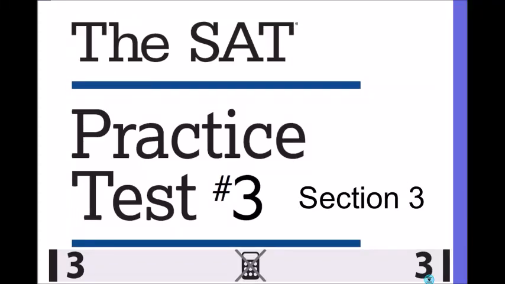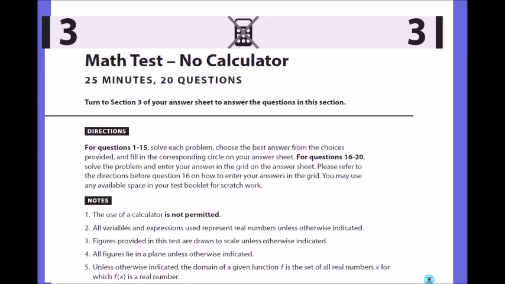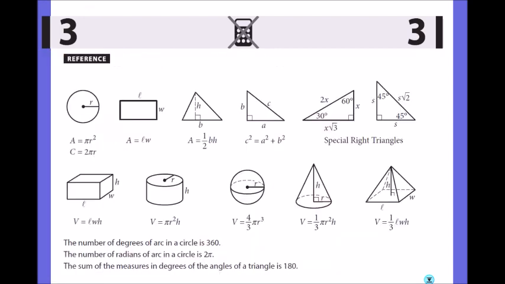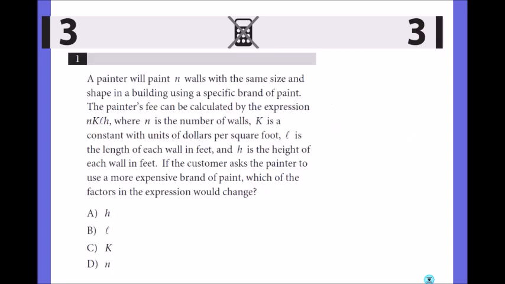Here's the SAT practice test number 3, section 3. There are 20 questions for 25 minutes without a calculator. And here's the reference sheet that you can use in the front of the section. And again, there's no penalty for wrong answers. So if you don't know, and if you don't have enough time to do all the questions, just take a